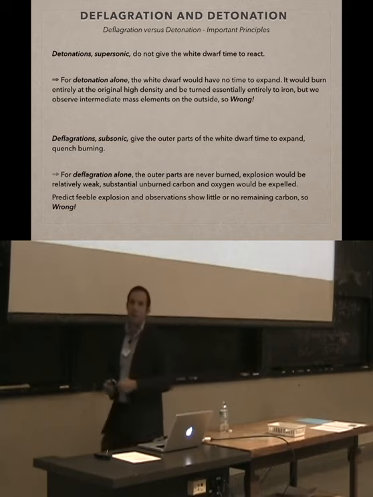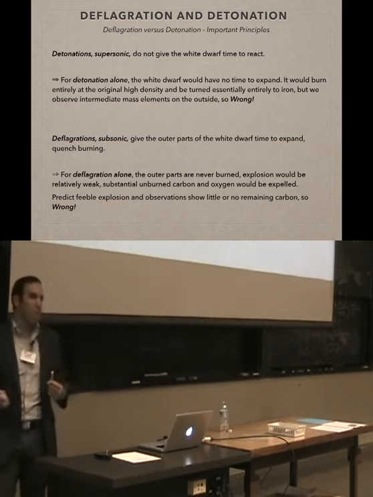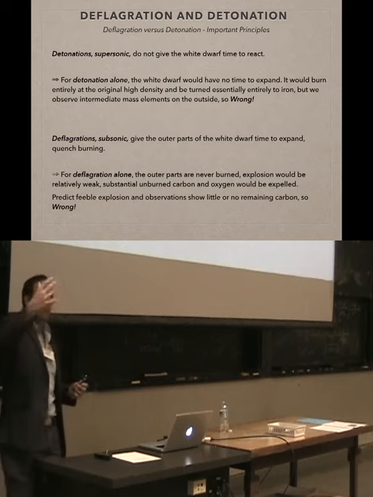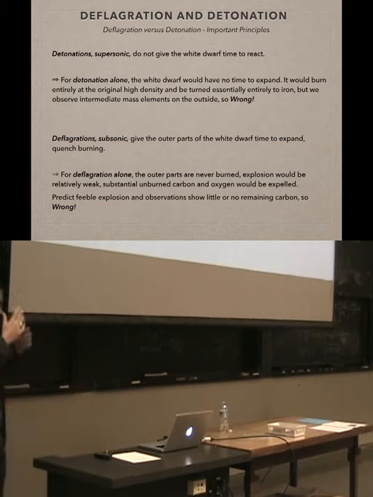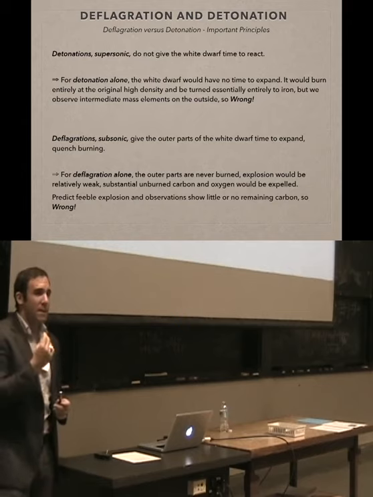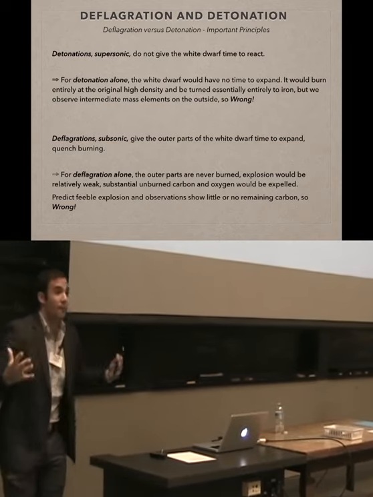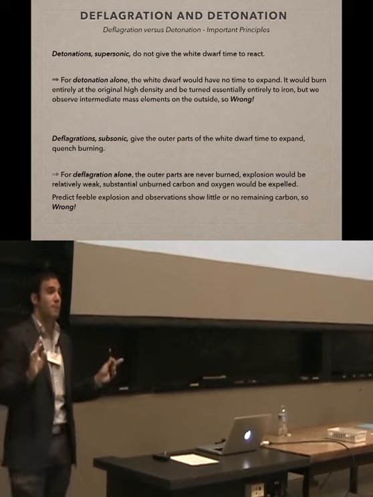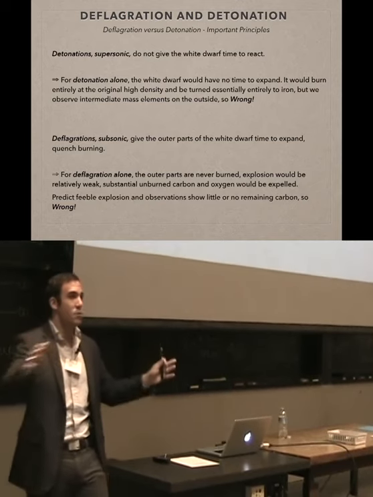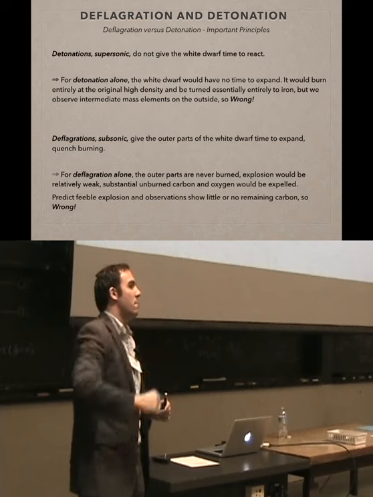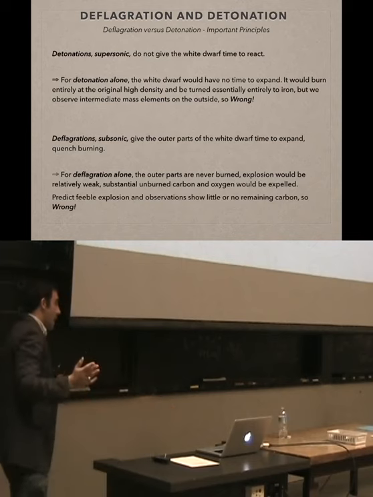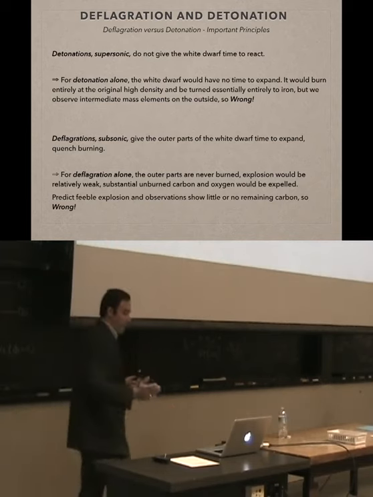What about a pure deflagration? Maybe carbon-oxygen white dwarfs burn carbon and oxygen slowly, until the flame reaches the outer layers and explodes the star. Well, that's not good enough either, because deflagration burns material so slowly that we would expect to see a lot of unburned material if that was the case. We would expect to see a lot of carbon, silicon, oxygen, and magnesium persisting for a long time during the spectral evolution. We don't see that. So what's going on here? Well,